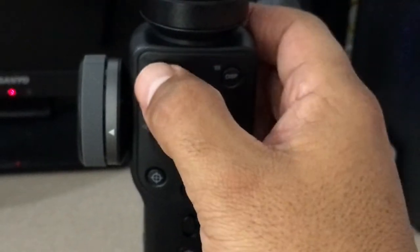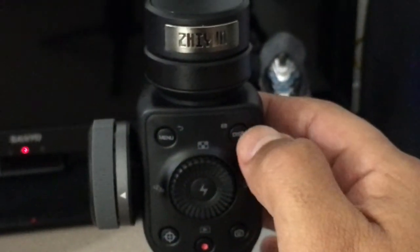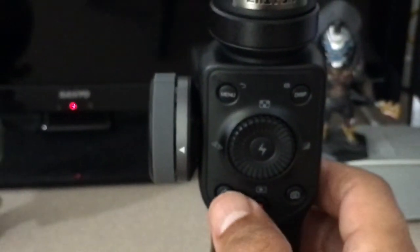So we already know that if you press this button, that's going to bring your menus on the screen. See? So that takes care of that. To the right of that, you're going to have your display button, and what that does is basically it'll either show you the display on the bottom of your iPhone or your device, Android, and that just takes it away. You can either show it or hide it. That's what that does. If you go down here, that's the actual button that I showed you earlier, where if you click that,